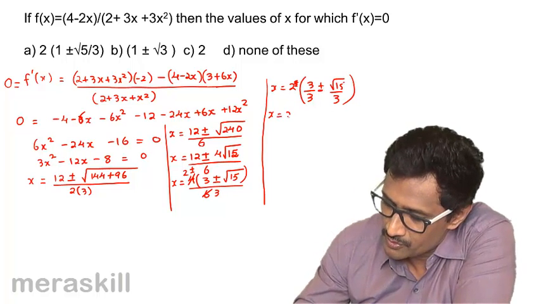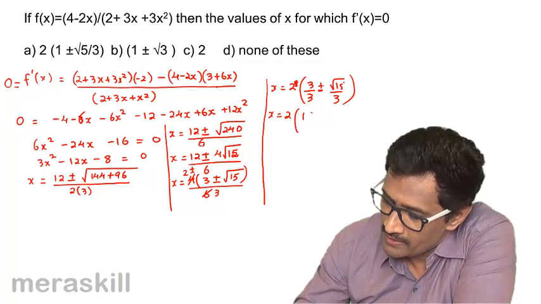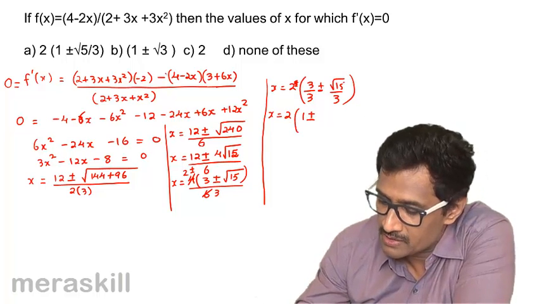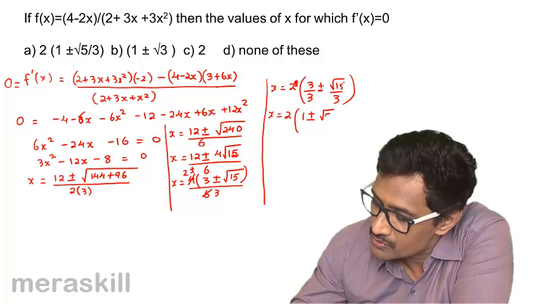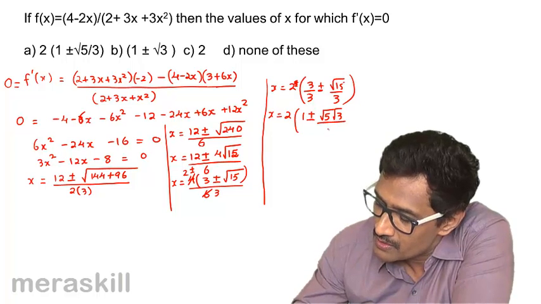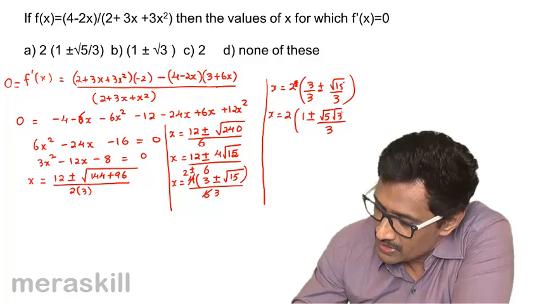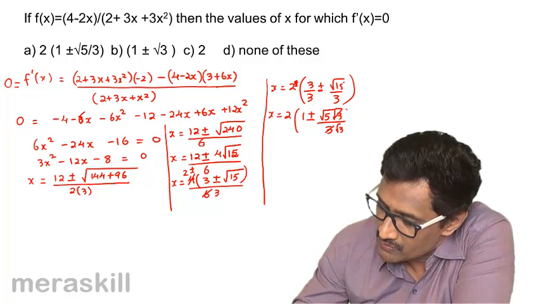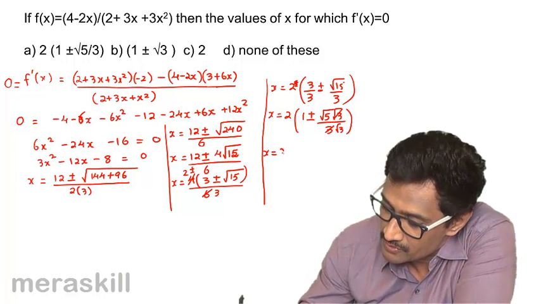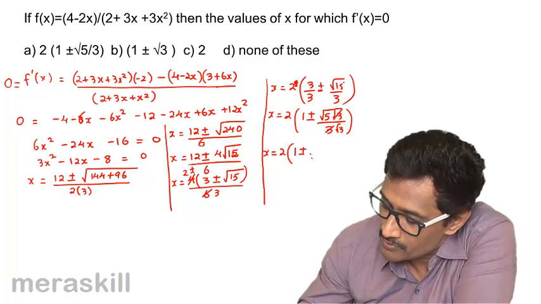So x is equal to 2 into 1 plus or minus. Since they are written in terms of root 15, this can be written as root 5 into root 3. So eventually this x is equal to 2 bracket 1 plus or minus root 5 upon root 3, that is